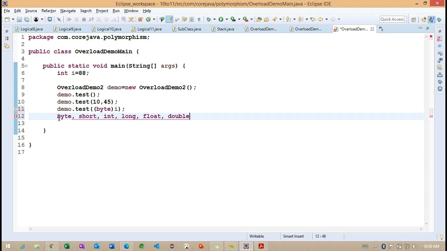This is the range. So byte has less memory and double has more memory. This is the sequence we need to understand whenever we are working with number-related data.